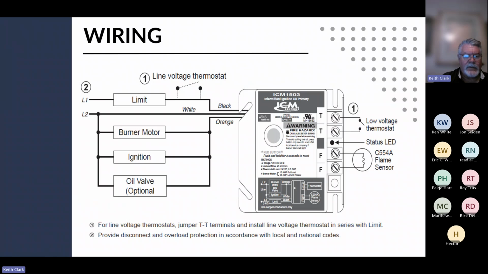Probably cover everything. Fairly straightforward. It's a fairly simple control. It's a very important control, in terms of what it does, the function of the control, but it's very, very straightforward. So you've got basically 4 terminals on it. You've got the T terminals for the thermostat. You've got the F terminals for the flame sensor, and those are those yellow wires that come from the